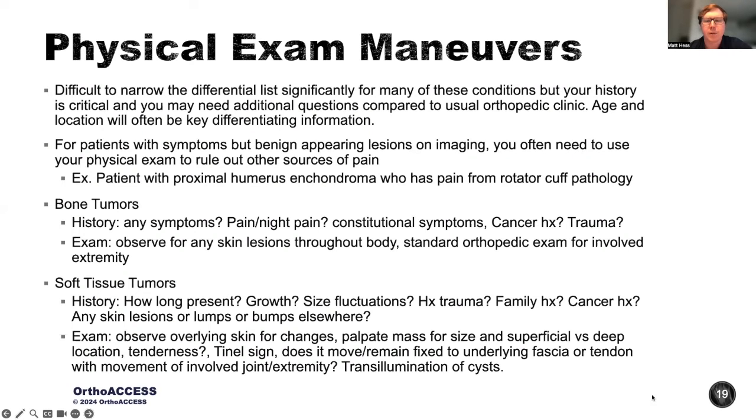So as far as physical exam maneuvers, there's not many unique exam maneuvers in orthopedic oncology. You pretty much just need to do a standard physical exam, focus on the extremity involved. You can continue to keep in mind your three boxes, so bone, soft tissue tumors, and the metastatic disease. The bone tumors are typically going to present either as an incidentally noted lesion, a painless bony mass, a painful